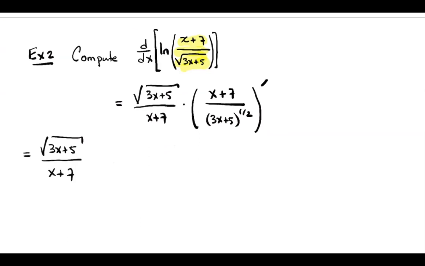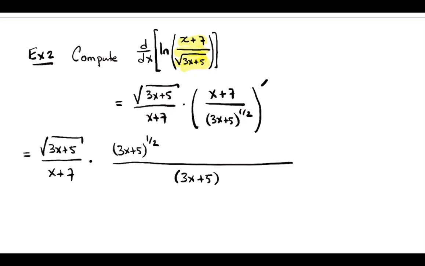I want to keep everything organized nicely. And now I'm focusing on the quotient rule pattern for that derivative. So the quotient rule pattern is a big fraction bar. You square the denominator. When you square the square root of 3x plus 5, you just get 3x plus 5. And then you have to write that denominator down. That's 3x plus 5